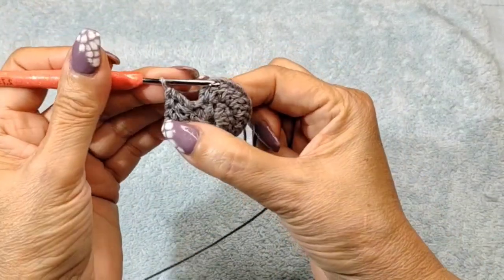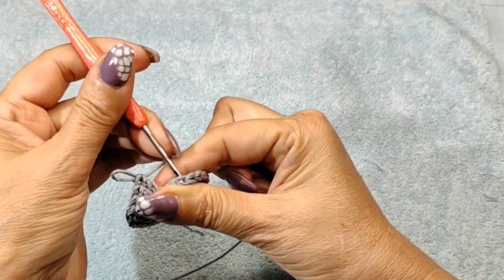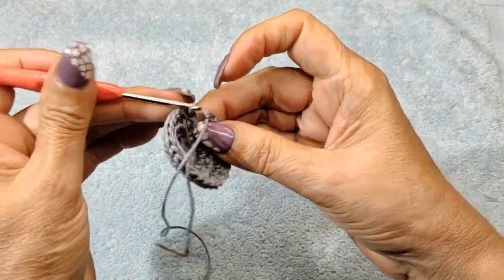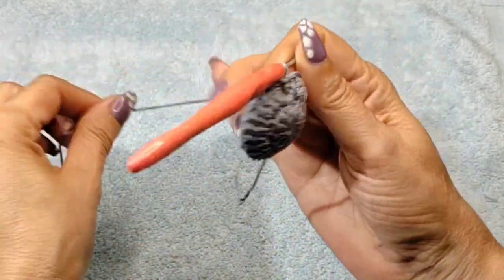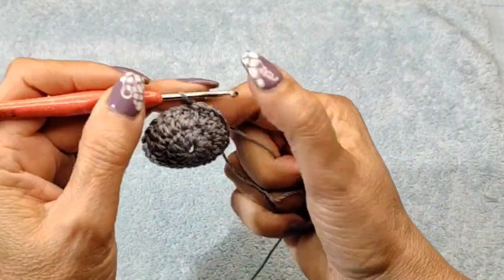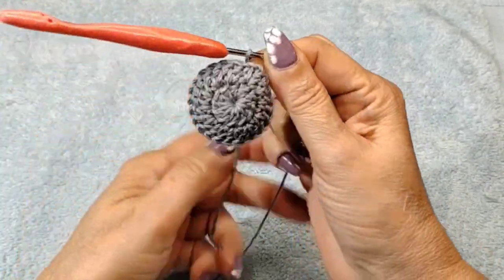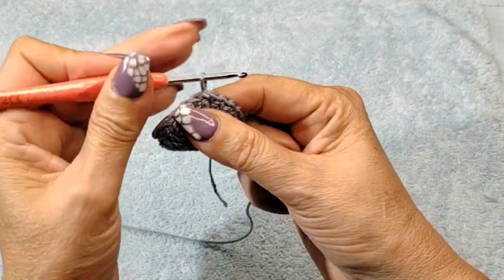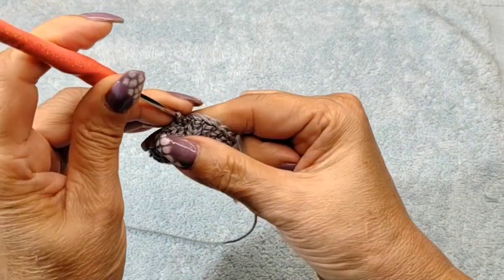I've done my 24 double crochets. I'm going to pull my string. I'm going to come from behind, turn around, bring that string to the back, turn around to the front again, pull on it, secure to make sure that it's well intact together. We don't want to leave that space there open. Stretch my thread a bit, come back in the same one,